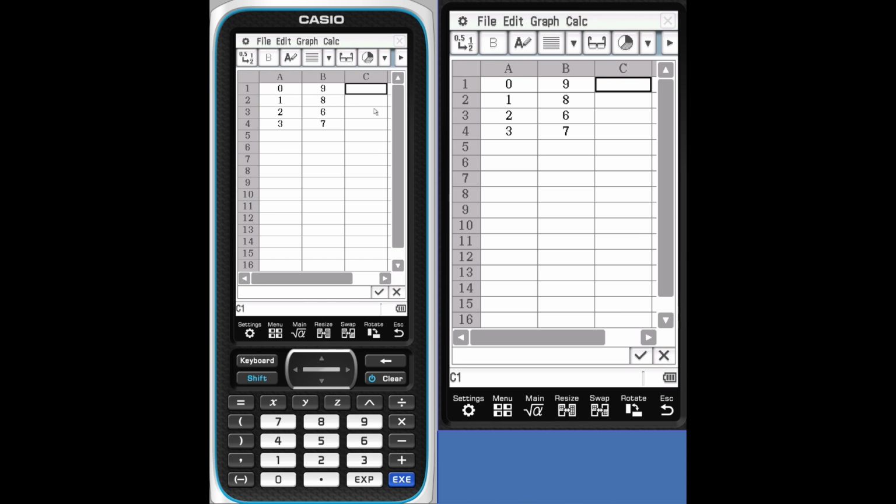Let's say we want to generate a second or a third list here that's based on calculations coming out of A and B. Very similar to working with spreadsheets. We're going to pull up and say equals, because we want to make that a formula. And we want to make it equal A1. And let's add B1. And we'll tap execute, and there you have it.